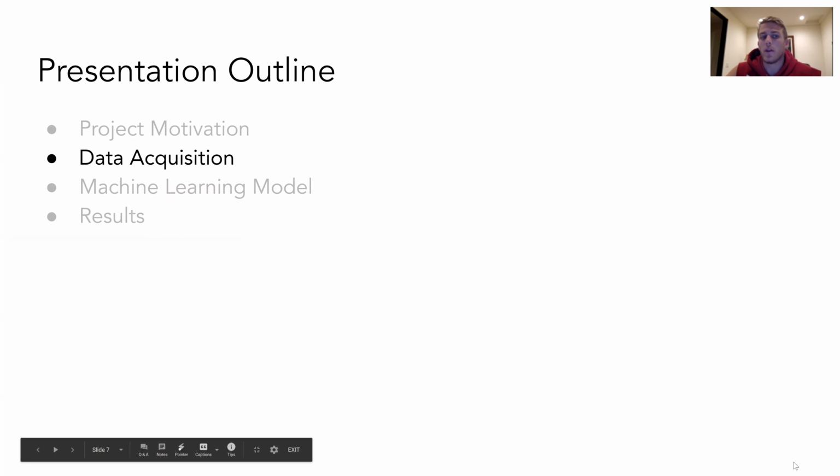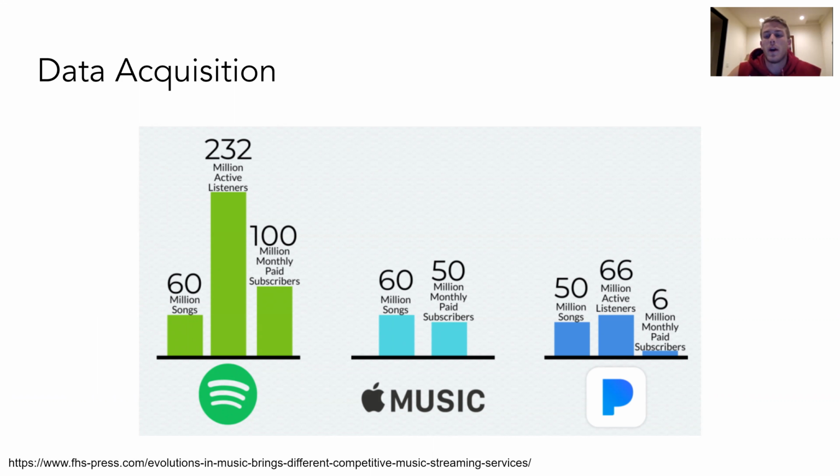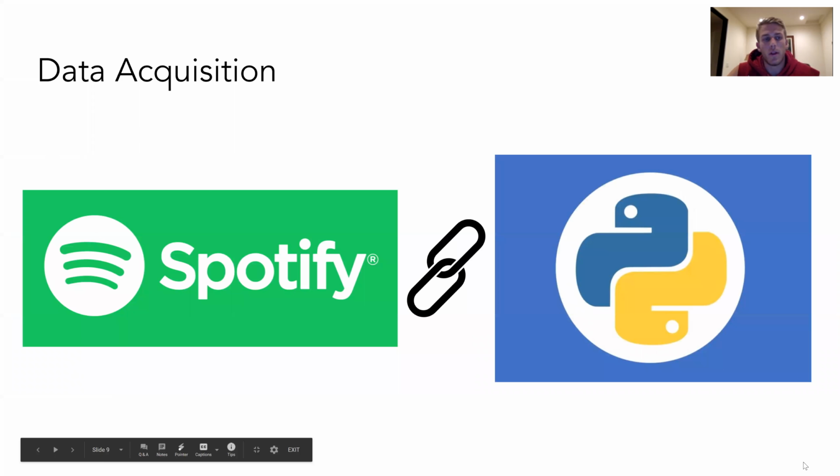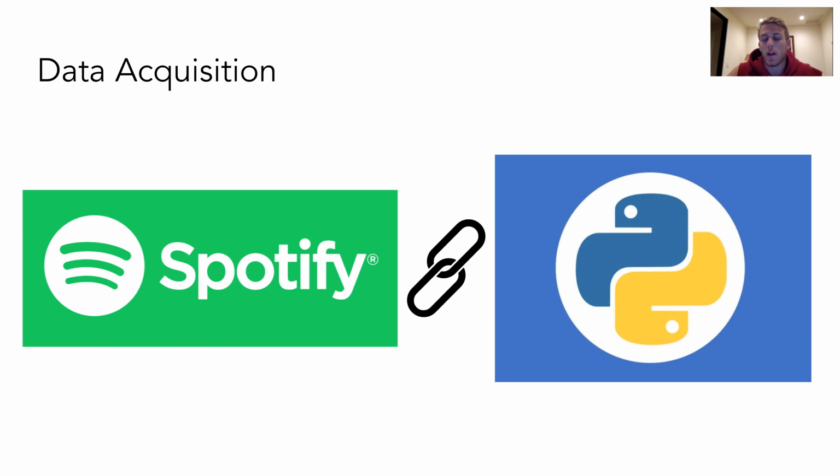Next, we'll move on to our data acquisition. So to acquire our data for our model, we turned our attention to Spotify. This is because it's one of the largest streaming platforms out there and has a large library that we can pull data from, and it's very prevalent in the industry. Also, Spotify has an API that can be used with Python to get a lot of data from songs